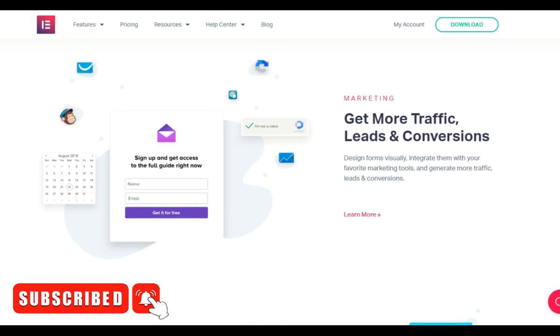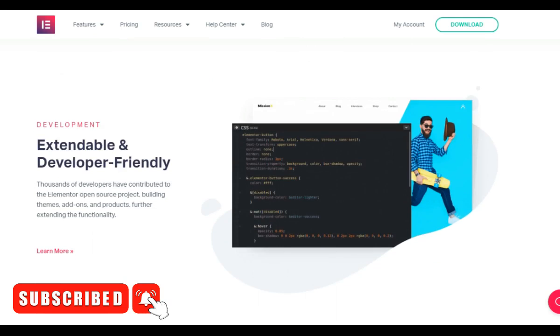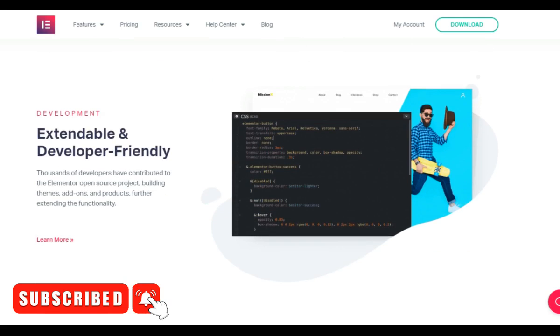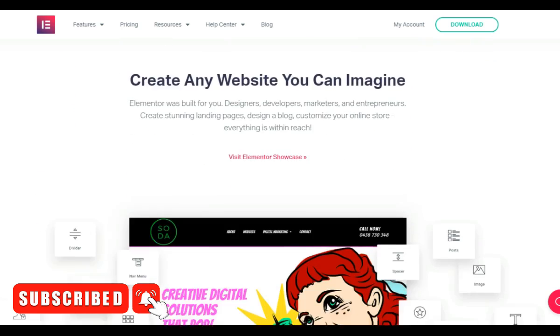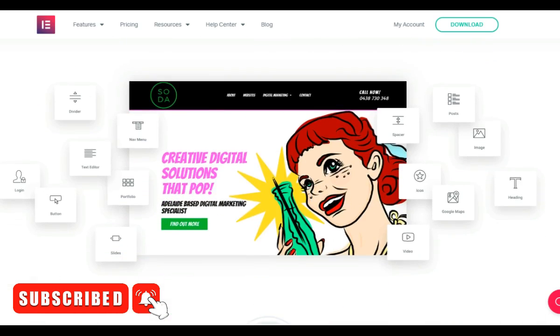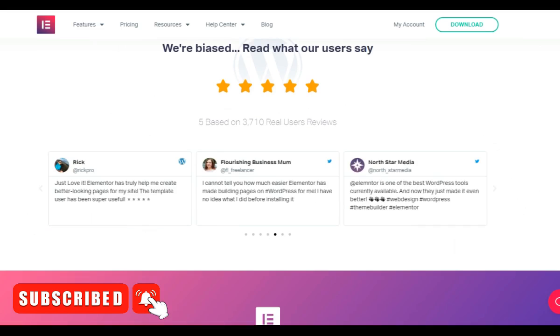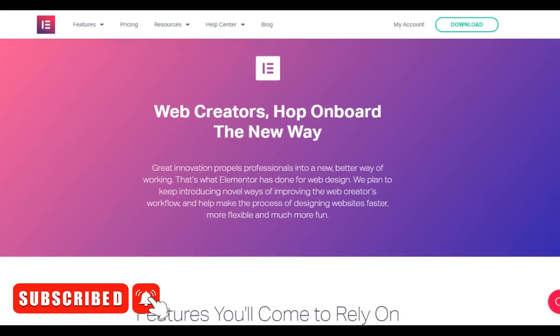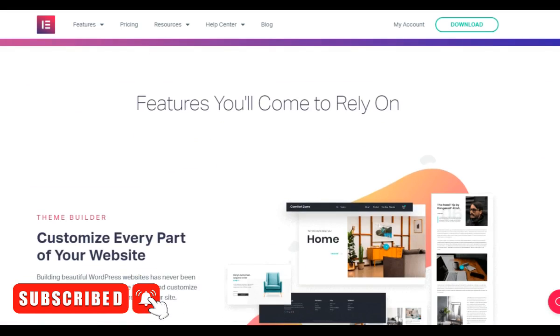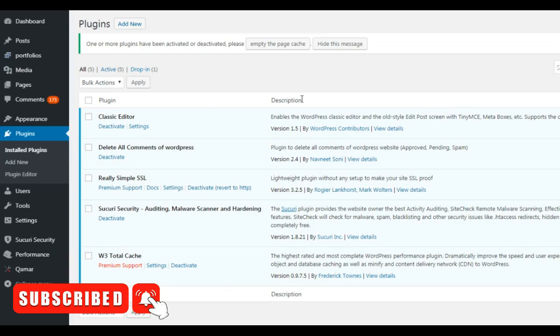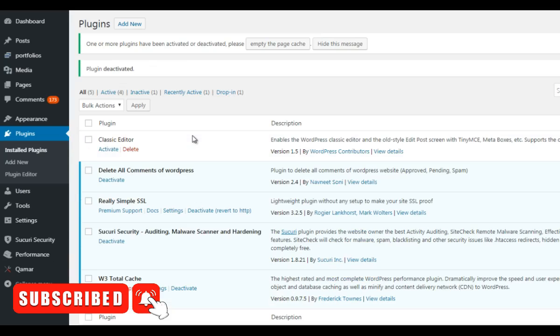You can also build forms like Thrive Themes to build a list. It's developer friendly, so you can edit the code very easily, and it's built with blocks. I'm going to show you Elementor in just a second. So we'll go back over here. Now I'm going to deactivate the classic editor because I don't want that. What I do want, I'm going to click on Add New.